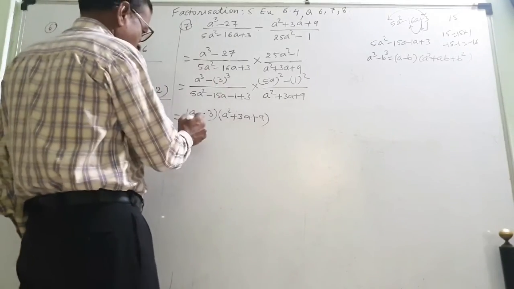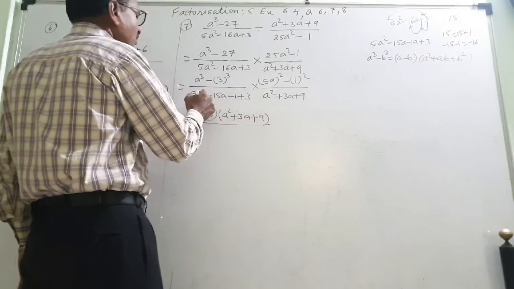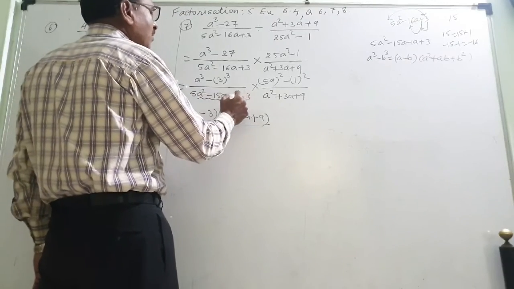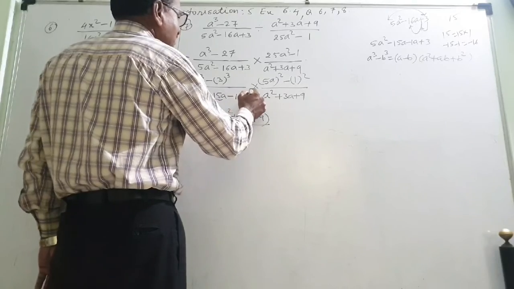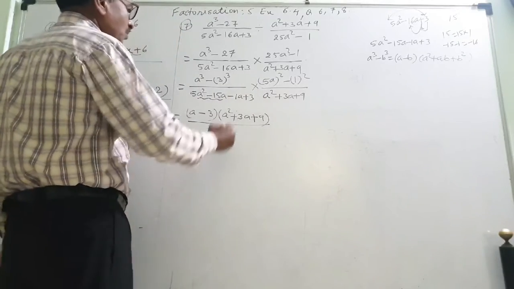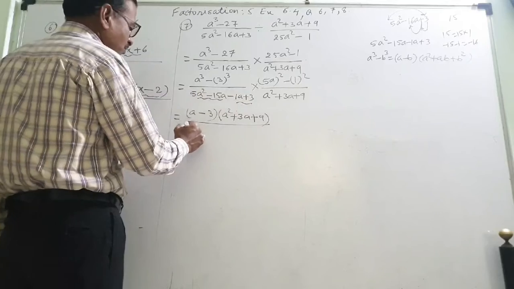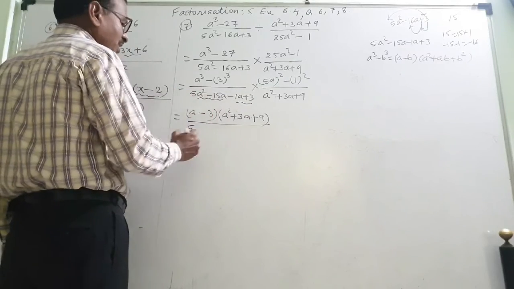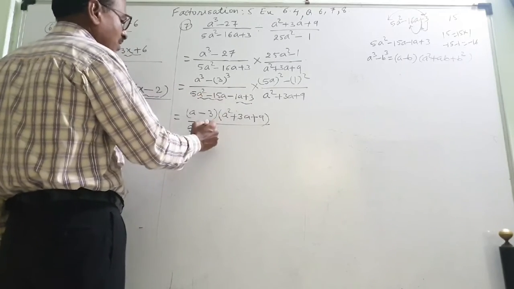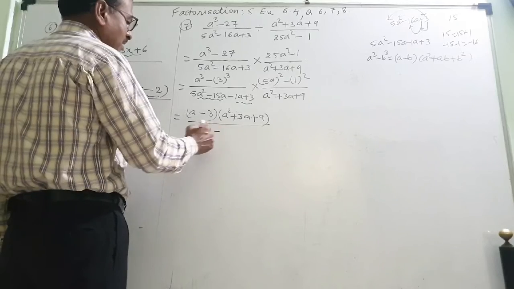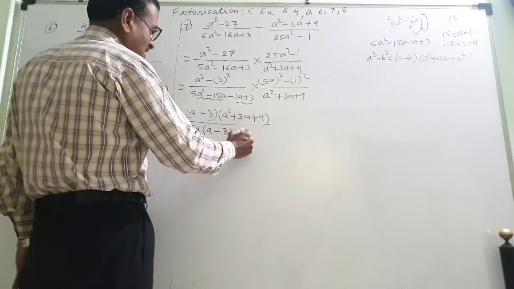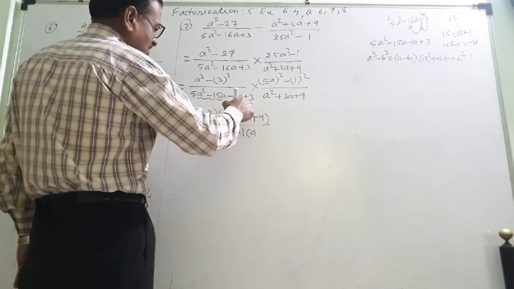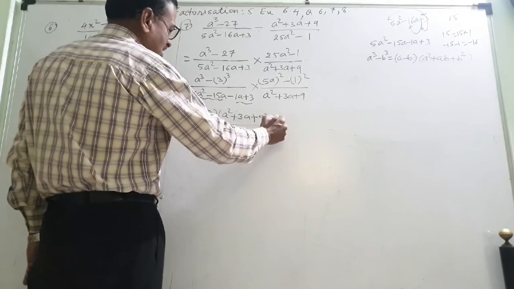So now about this, what is common? Here I forgot to write minus 1a plus 3 this way. What is common? 5, because this is 5 into 3. A is also common. So here remains a minus 5 3s are 15. Now here I will take minus 1 common. So this sign will change, a minus 3 into.